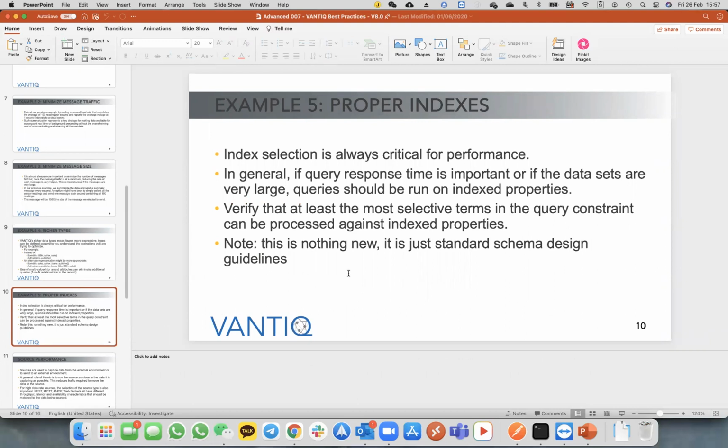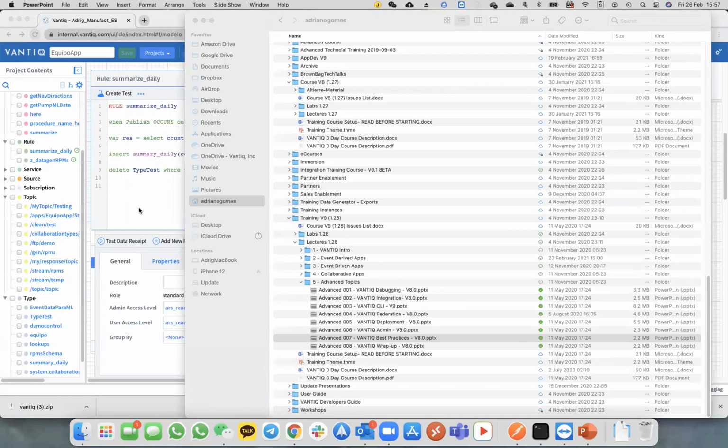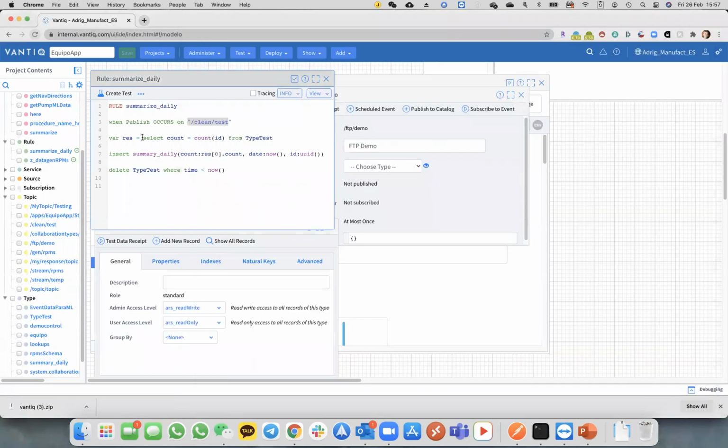Try to find interesting ways to do it. So one way that I show you here, for example, I have this rule that summarizes my daily data. Let's say I'm saving all the information from a sensor, not every second, but every minute. And then every day I do